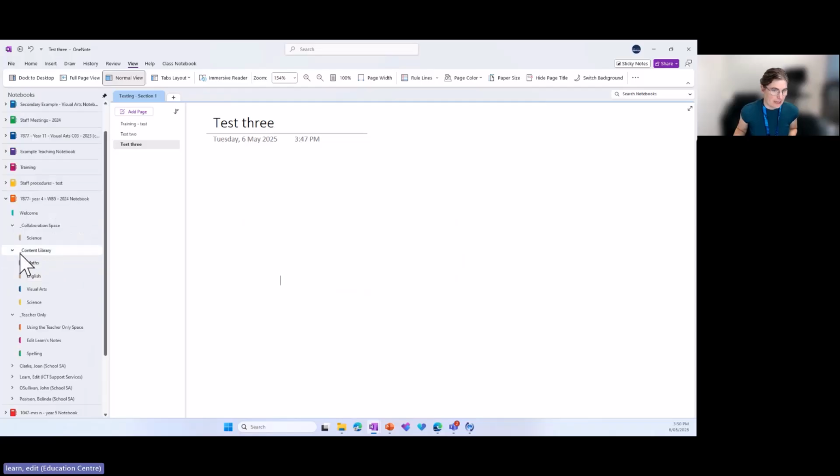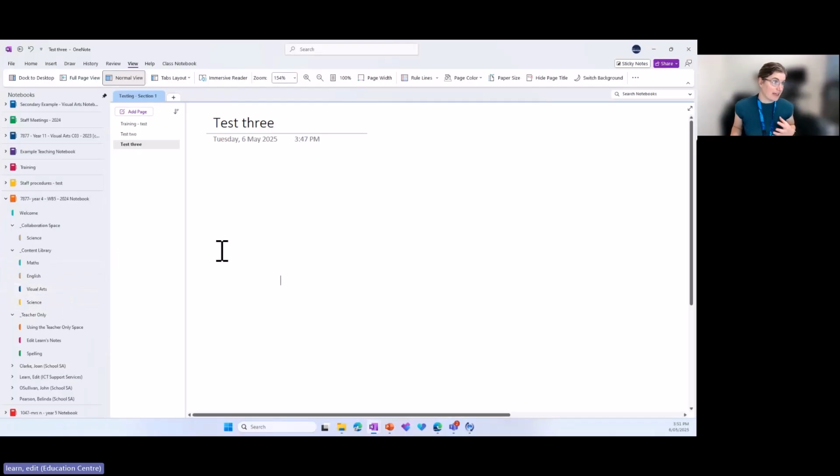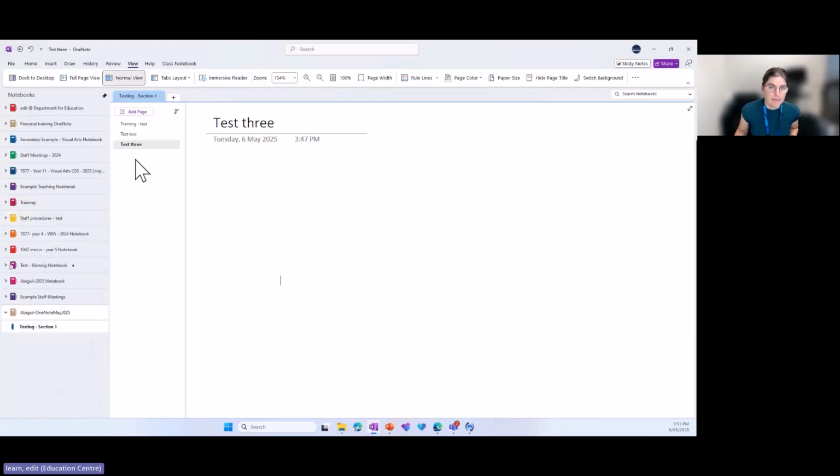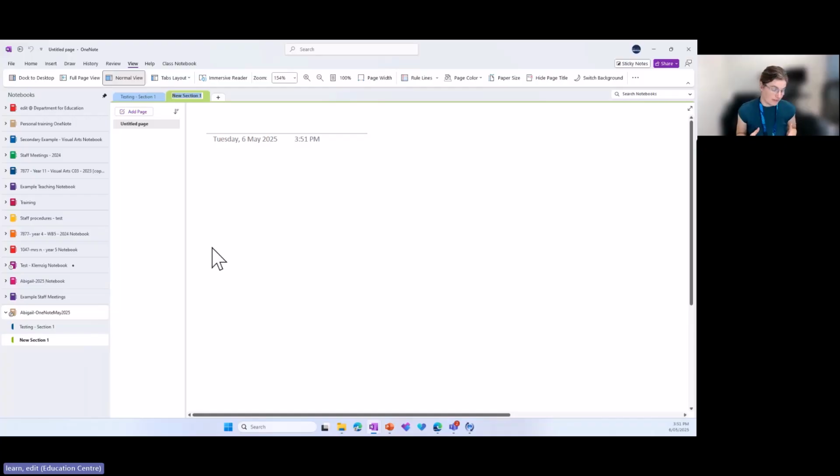You can see here in this section, which is a content library, I've got 4 different tabs in there. So let's make a section in this one that we're using now. And to do that, I can go to the plus up the top, and then I've got this new section. So let's call this testing